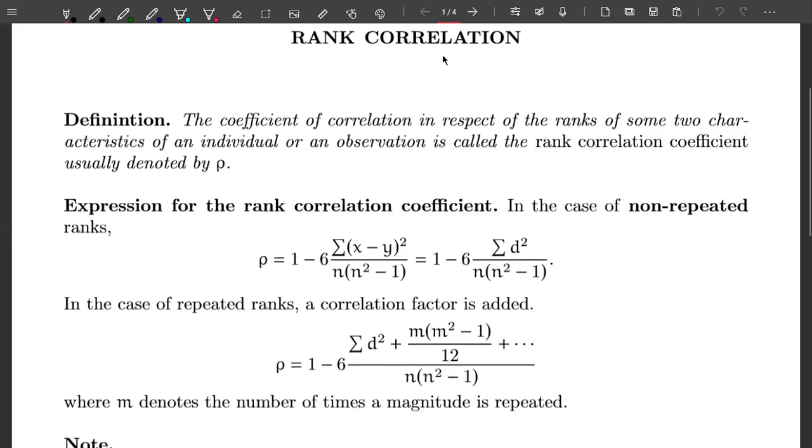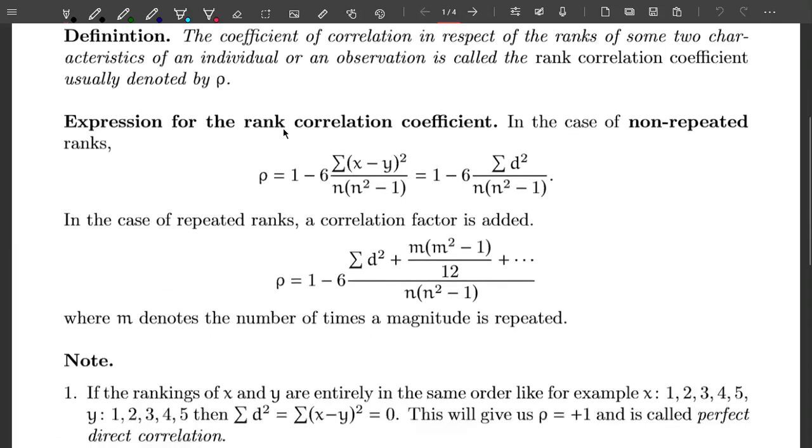So in case of rank correlation, what we do is, based on the ranks of x and y, we calculate the correlation, and that's called rank correlation. We have a few expressions for the rank correlation coefficient. In the case of non-repeated ranks, that is, if you take a classroom and assign ranks to the students, and none of the ranks are repeating, then we have this case. To calculate the value of rho, we use the formula rho equal to 1